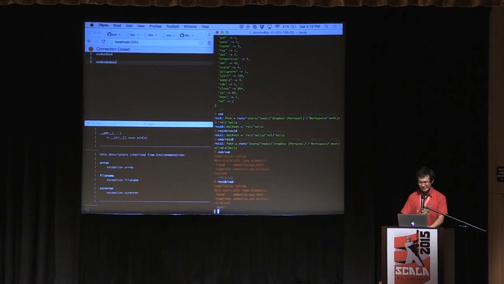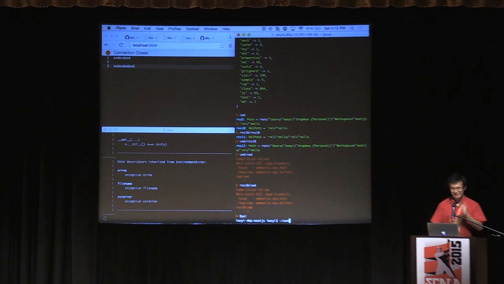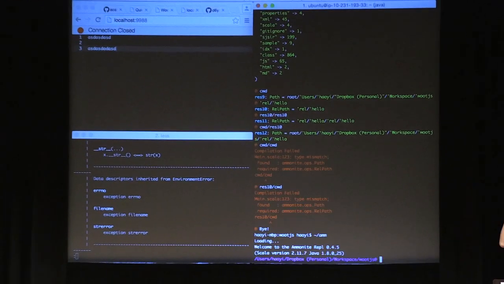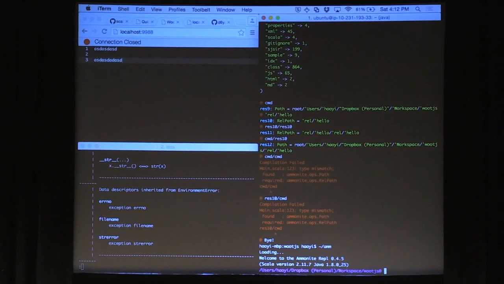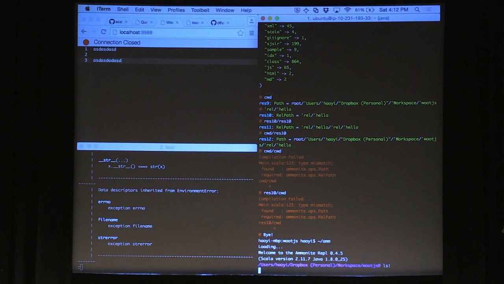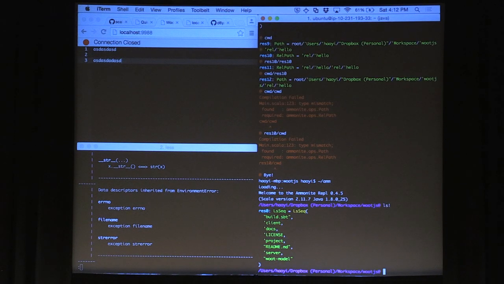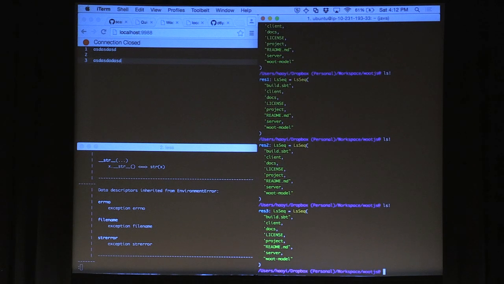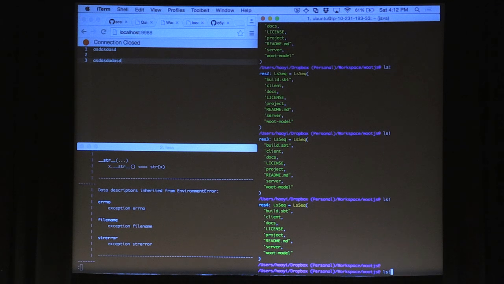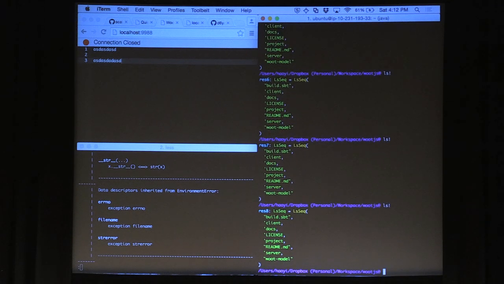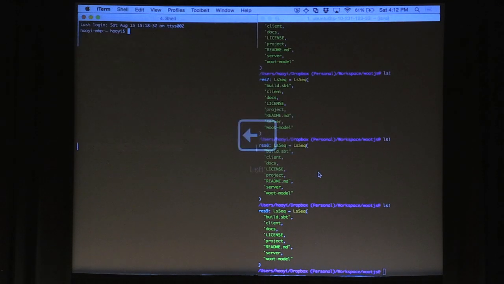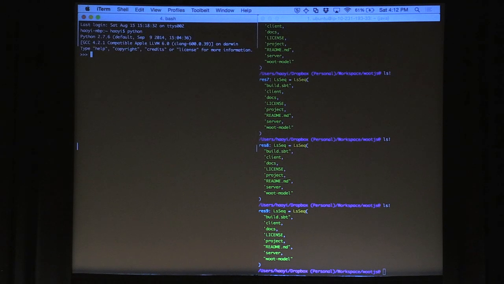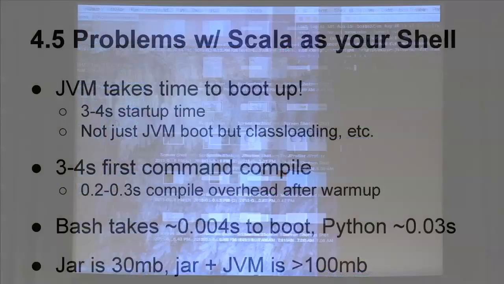So it's easy to demonstrate this. I go back to Bash. I open up Ammonite. 1, 2, 3, spins up. First compile. 1, 2, 3, 4, and then it works. And of course, after that, it gets faster. But even at its peak, if I'm doing this over and over, there's still a 0.2 to 0.3 second lag, which is noticeable, especially when Python literally takes 40 milliseconds to spin up, and doing work is more or less instant. So that's a pain.